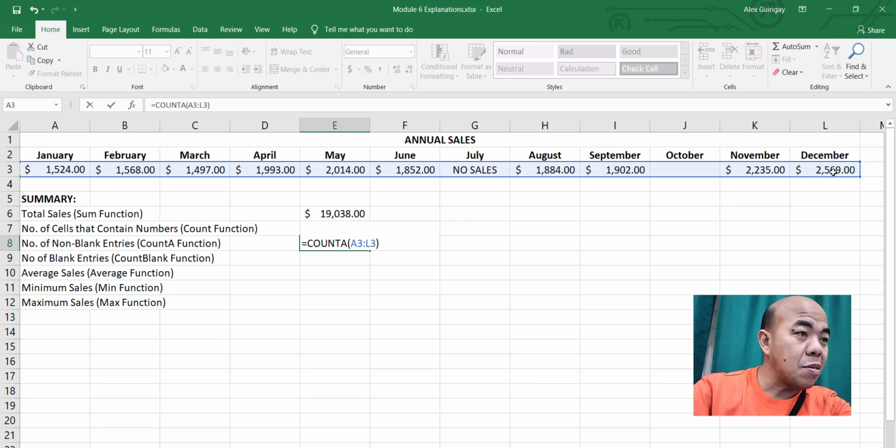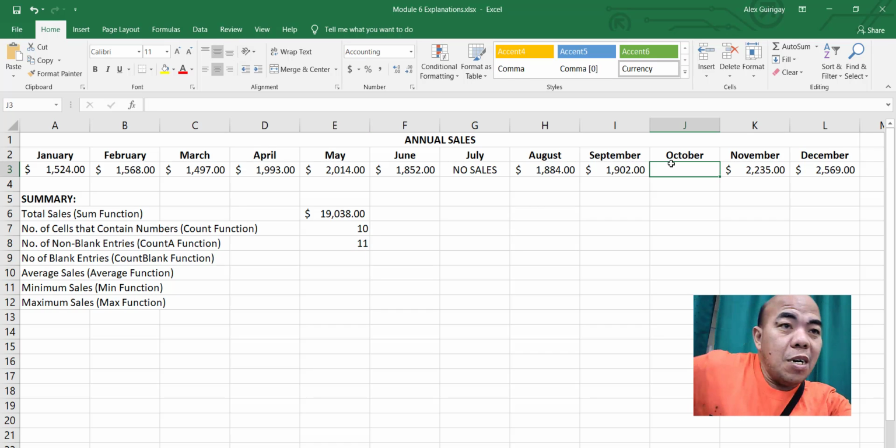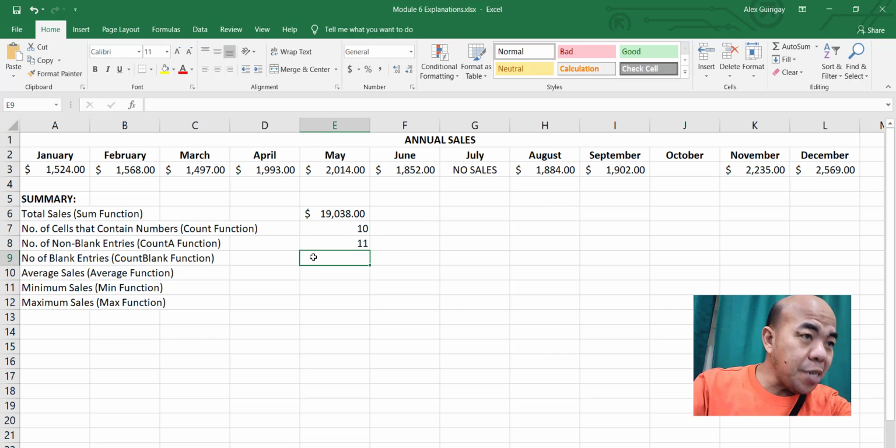Let's enter. Here, it only exempts October because October is blank. Then, on the contrary with COUNTA, COUNTBLANK will only count all of those blank cells.